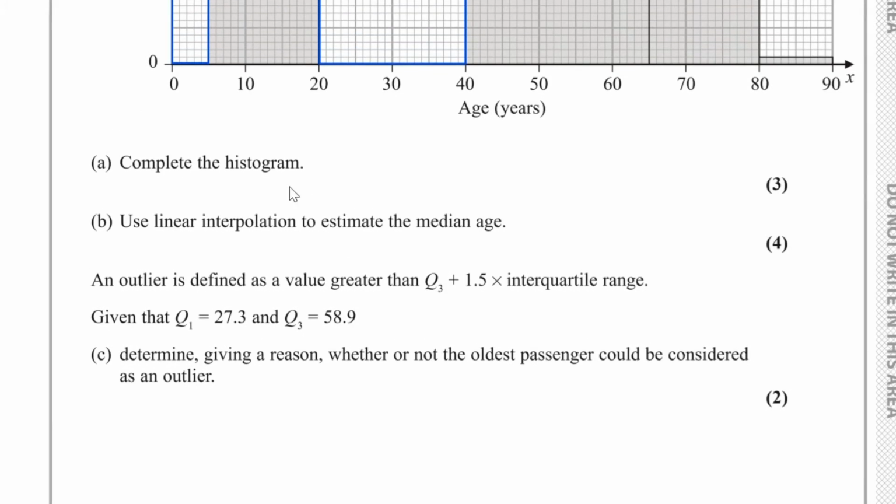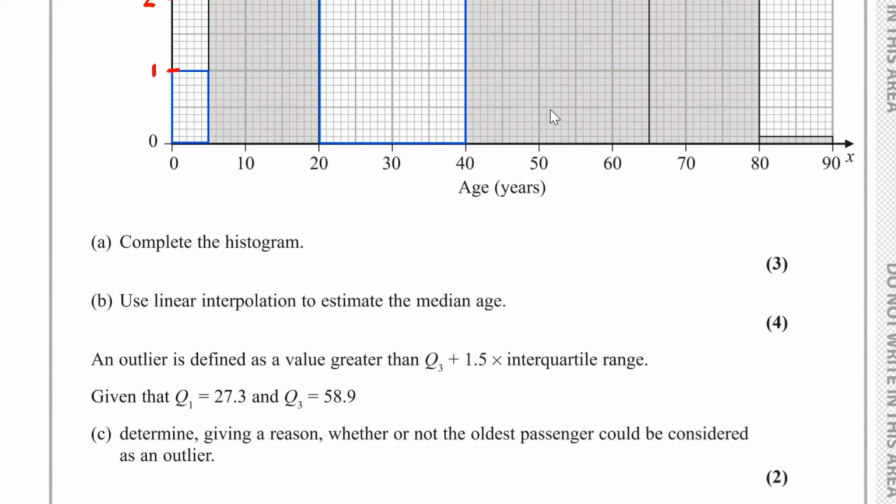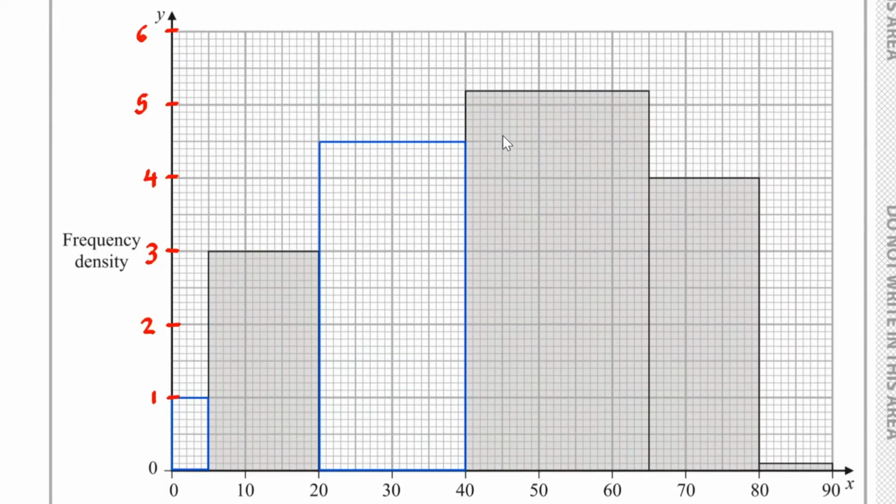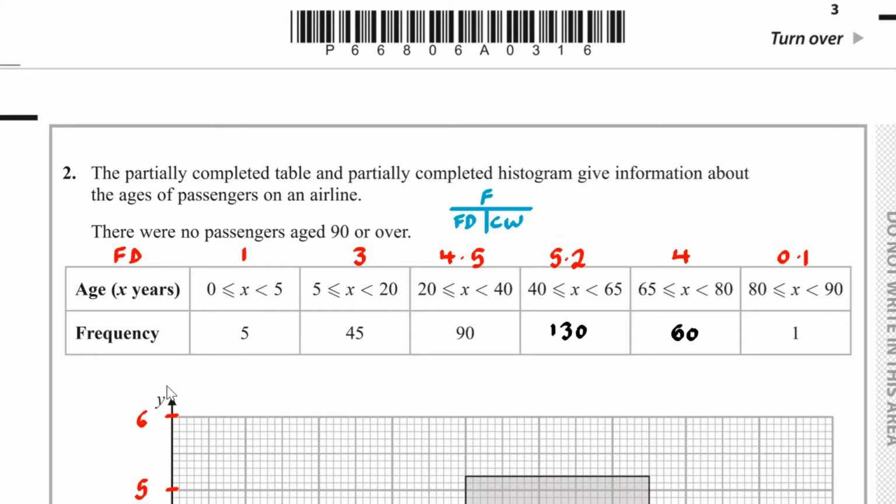Now for part B, we have to use linear interpolation to estimate the median age. Now, before we do anything else, what we can do is find out the cumulative frequencies. To find out the cumulative frequencies,